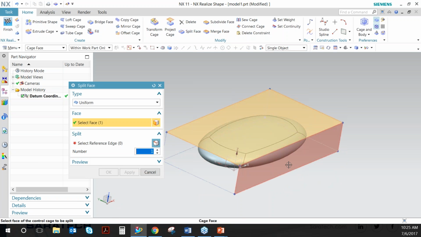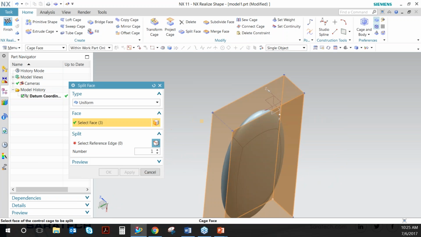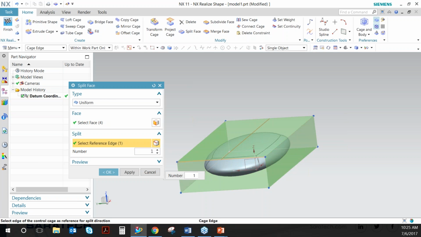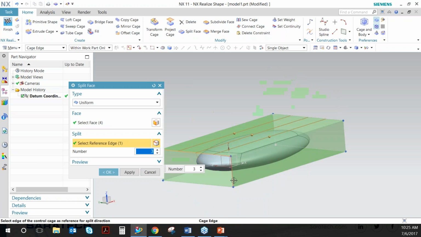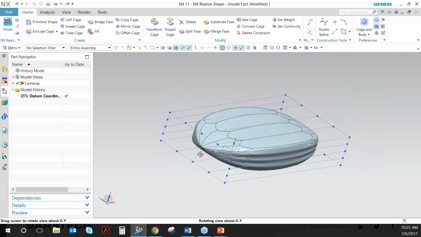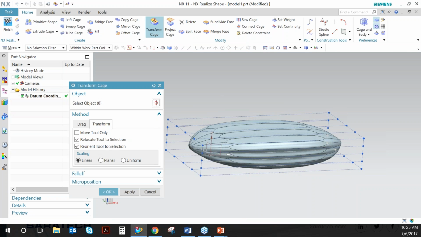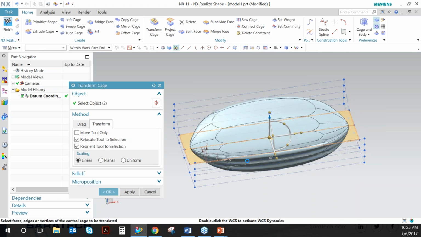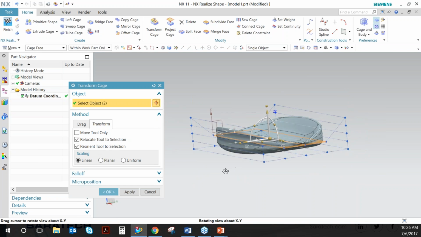So if I split this face and cut it up into a few more sides, click this reference edge here, maybe go like 2 or 3, do this on each side. And then drag those faces down. I might be able to get the shape of a very, very rudimentary boat. I don't know if you can see that, but